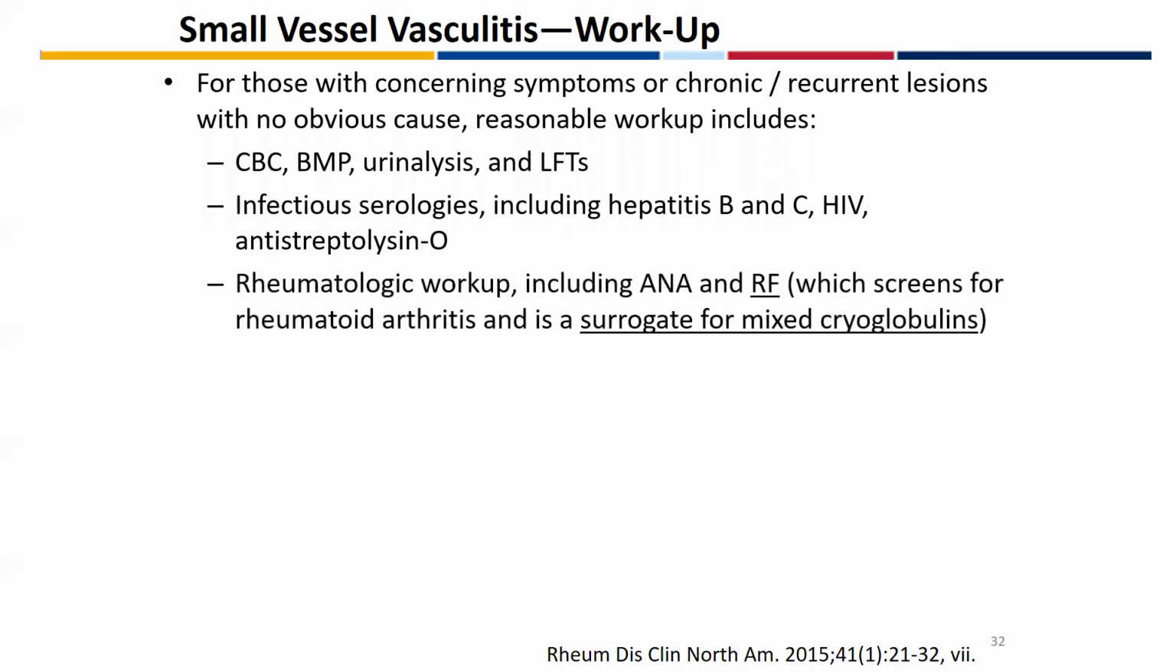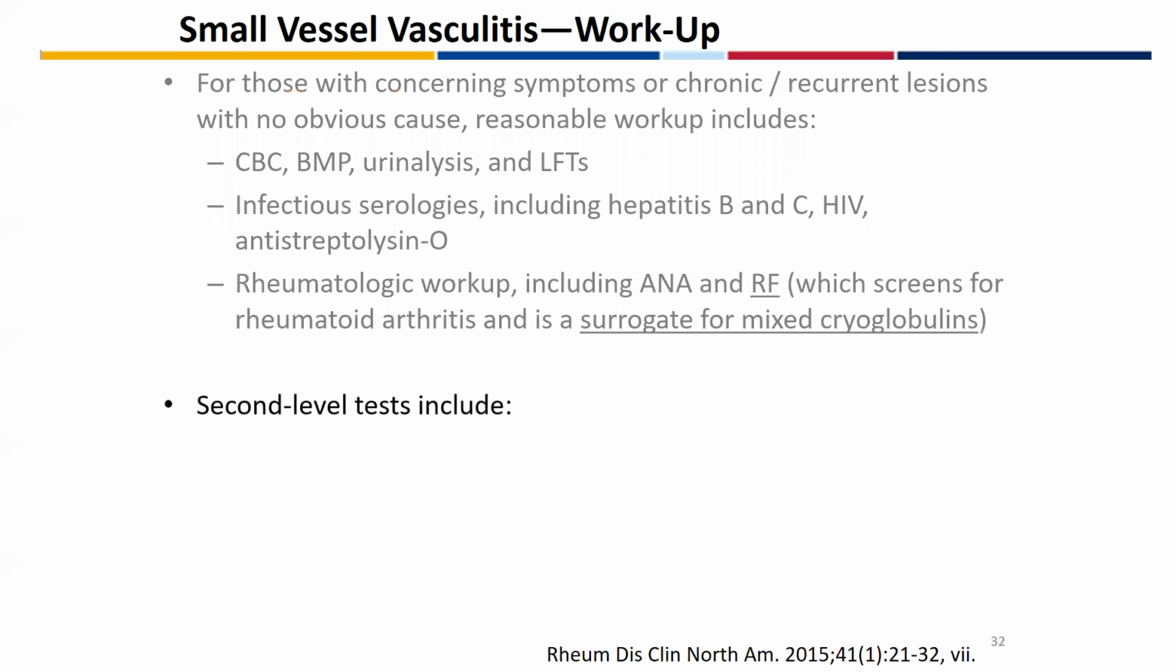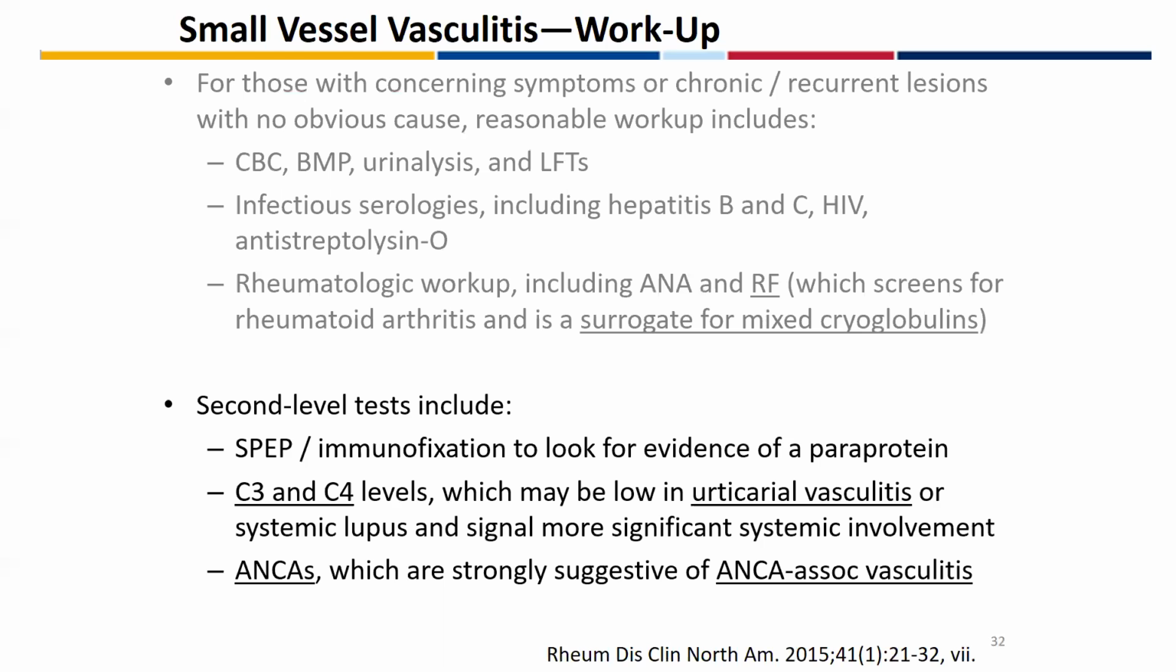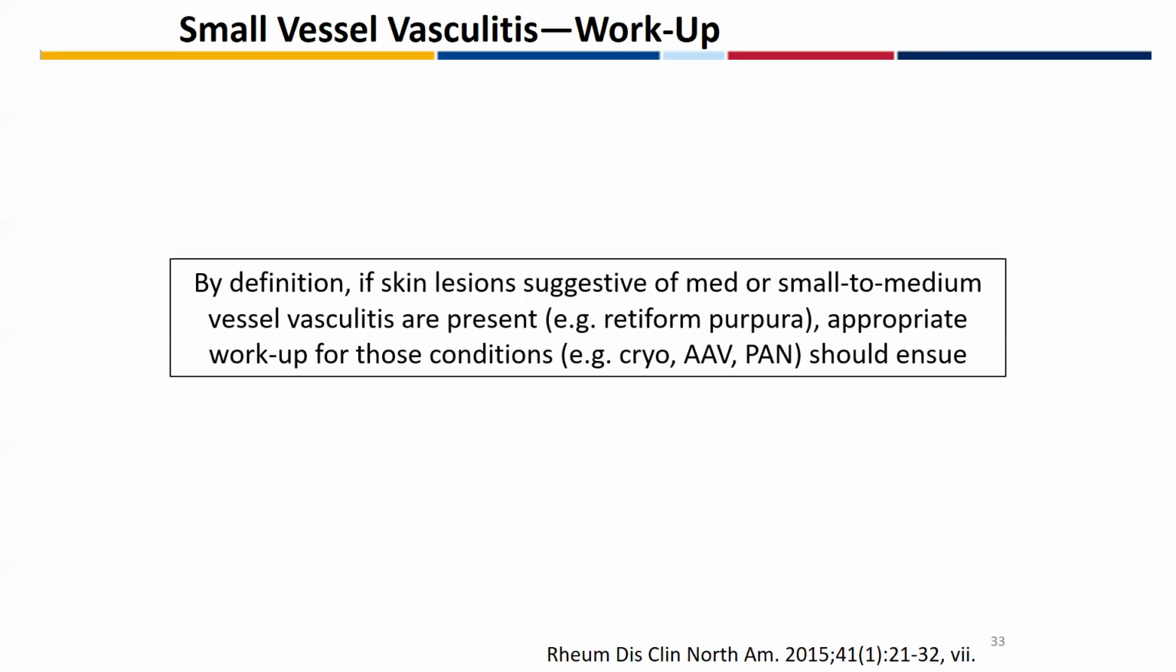antistreptolysin O, a rheumatologic workup, including ANA and rheumatoid factor, which can be a surrogate for mixed cryoglobulins, as well as some second-level tests like SPEP or immunofixation, C3 and C4, ANCAs, cryos. These tests can help give us, in the appropriate clinical context, a better understanding of potential underlying disease states. By definition, if skin lesions suggestive of medium or small to medium vessel vasculitis are present, that is retiform purpura, nodules, larger ulceration, you should absolutely make sure that you're undertaking appropriate workup for those conditions: cryovasculitis, ANCA-associated vasculitis, polyarteritis